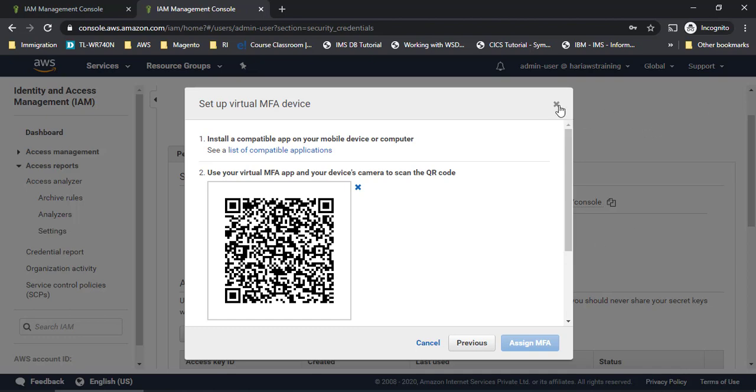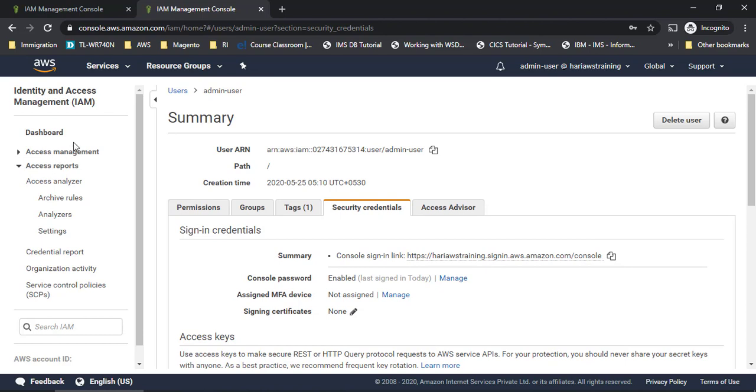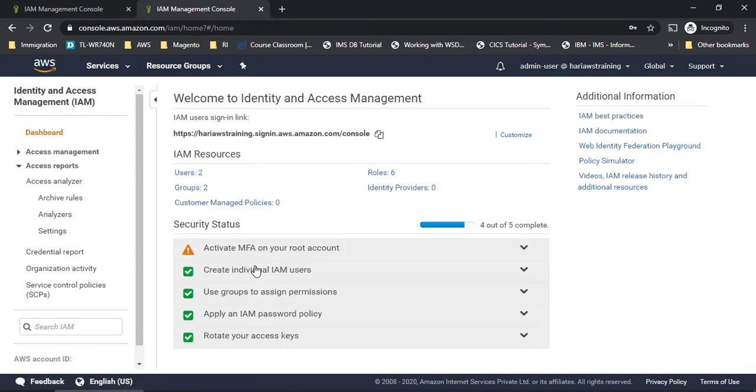That way, whenever you want to log into this particular IAM user, after giving the credentials, it will ask you for the MFA code. That code you'll get on the Google Authenticator app. You can open that app and see what code is written out there. Then you can enter that code and get into your account. So this is how we can have multi-level security here, right? I'm not doing it right now, but this is a very important step that has to be done for every user that is created. This is my own account, so I am not doing anything right now.